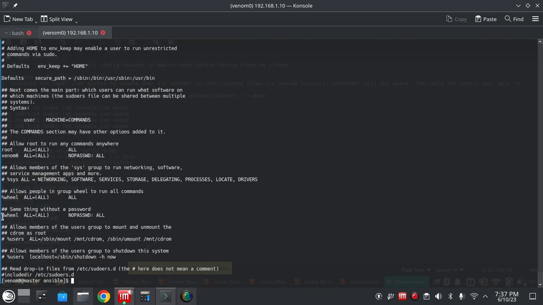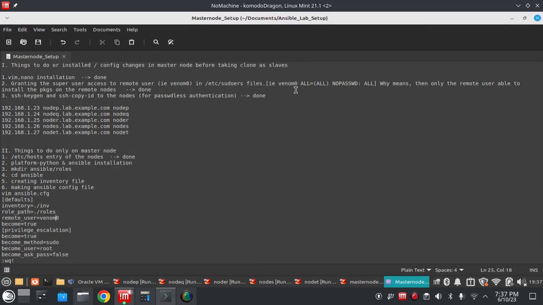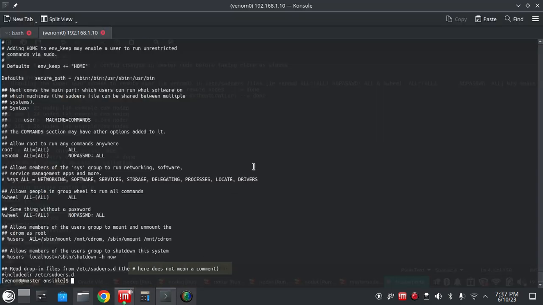And you have to make sure whether the wheel group is no password enabled and the venom user is no password enabled. So this one also we have to do. I forgot to add this line. That's it. As of now we have completed the ansible master node setup and slave node setup. Okay, here we can see